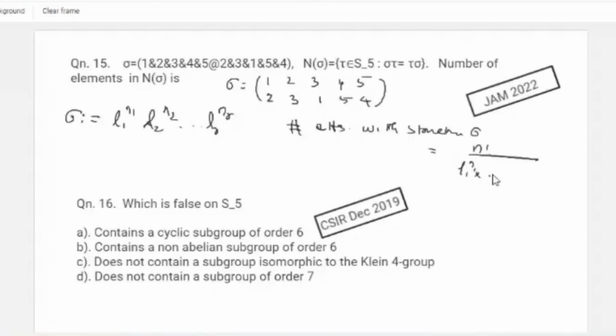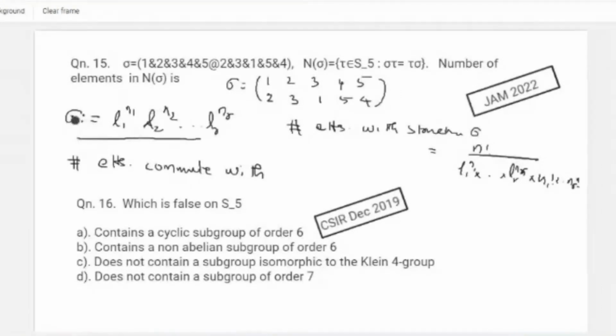Another thing is the number of elements that commute with any element having this structure. Suppose sigma is an element having this structure, then the number of elements commuting with sigma is exactly